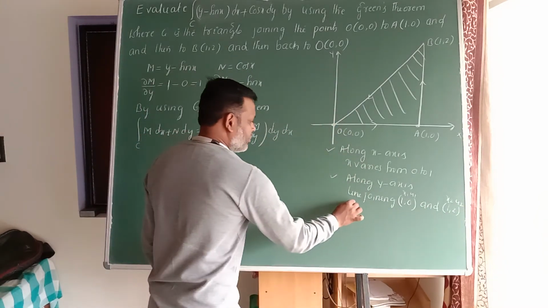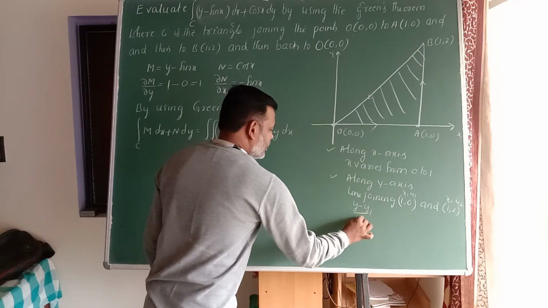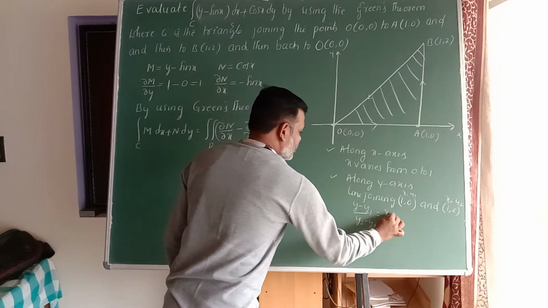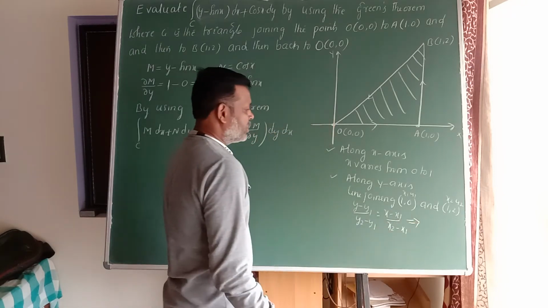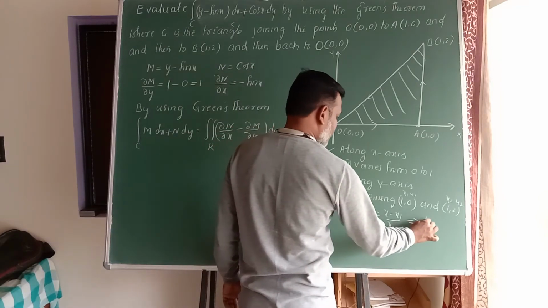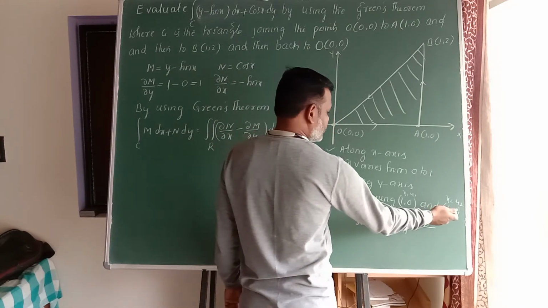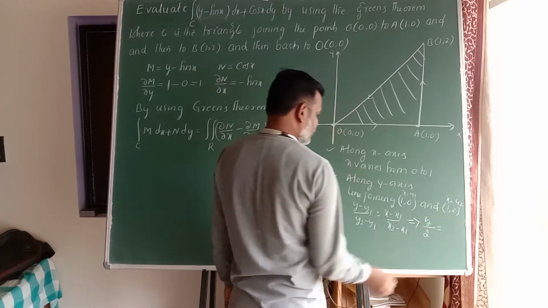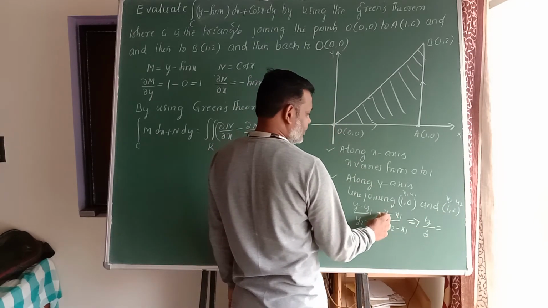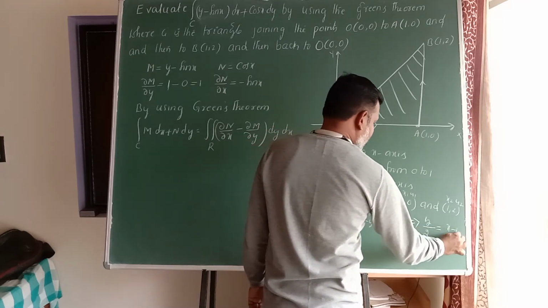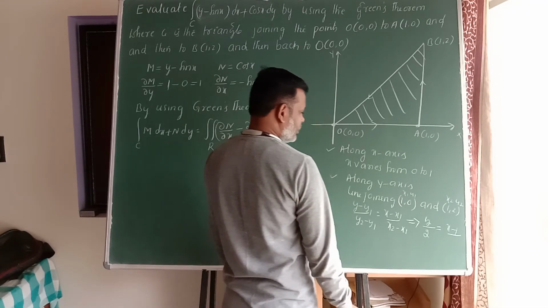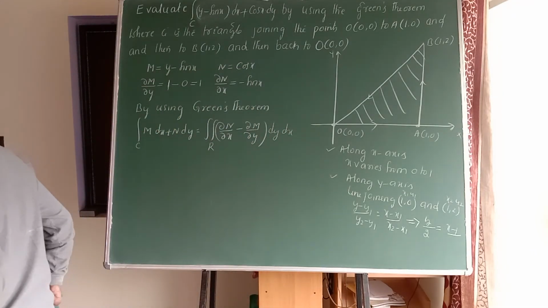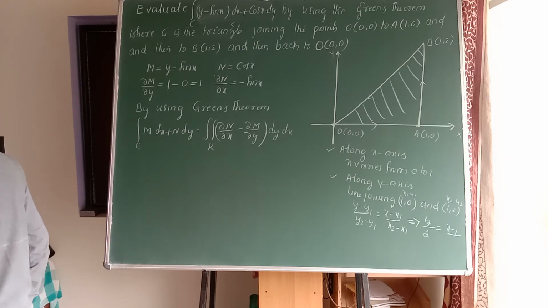What is the line equation? We know that (y minus y1) divided by (y2 minus y1) is equal to (x minus x1) divided by (x2 minus x1). That implies I can write here y minus y1 is 0, that means y divided by y2 minus y1, that means 2 minus 0, that is 2, equal to x minus x1, that means x minus 1 divided by x2 minus x1. Something wrong here. (1, 0) to (1, 2). X minus 0